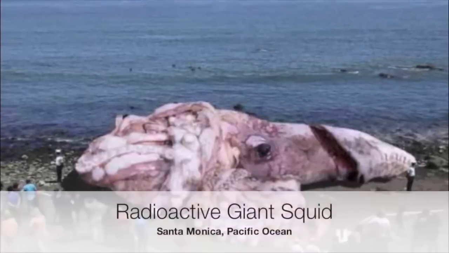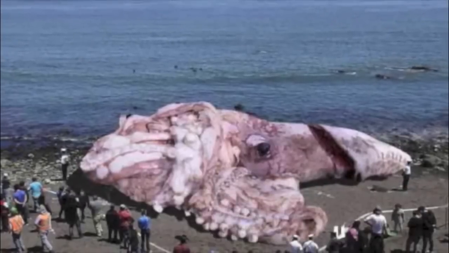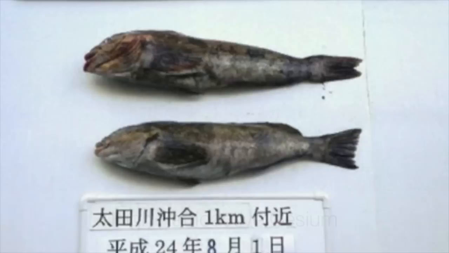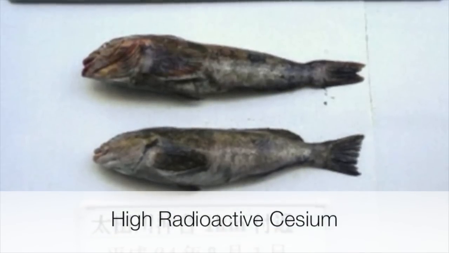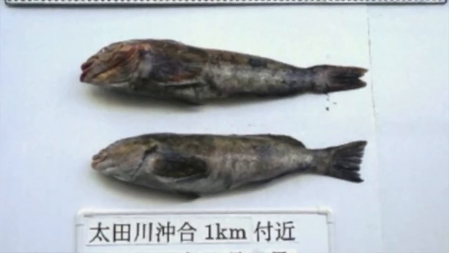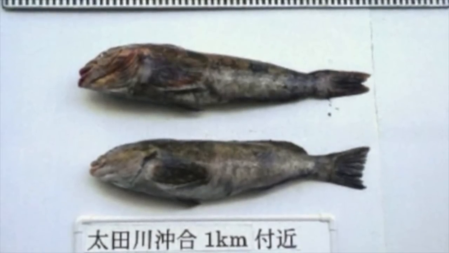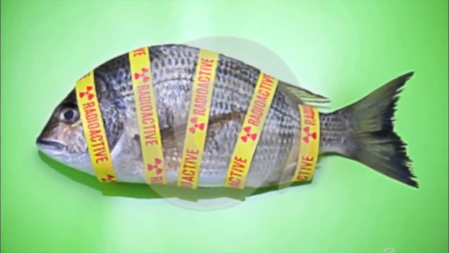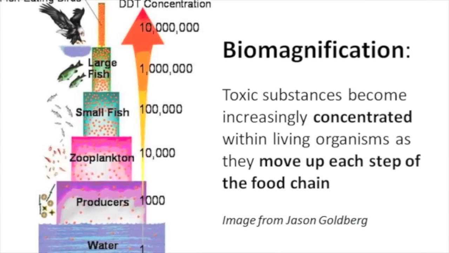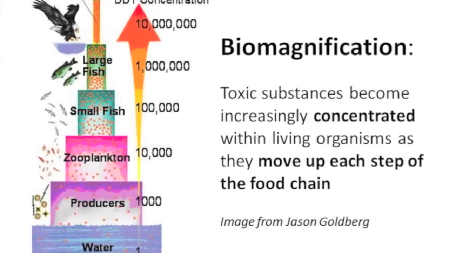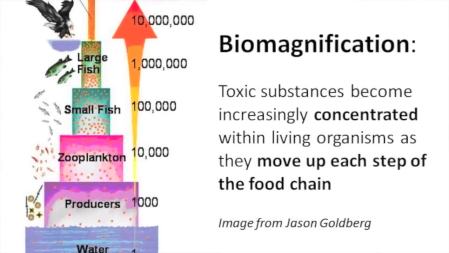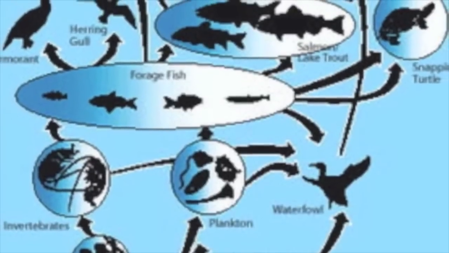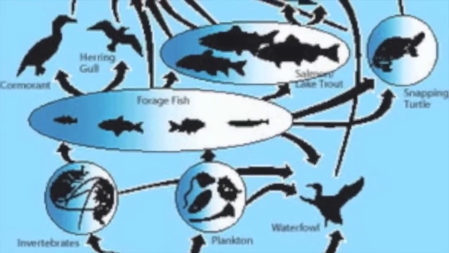Fishing continues to be banned off the coast of Fukushima, where 40% of bottom-dwelling fish, sole, halibut, and cod, were recently found to have radioactive cesium levels higher than current Japanese regulatory limits. Radioactive cesium bioaccumulates, bioconcentrates, and biomagnifies as it moves up the food chain. Routine ingestion of foods contaminated with so-called low levels of radioactive cesium has been shown to lead to bioaccumulation in the